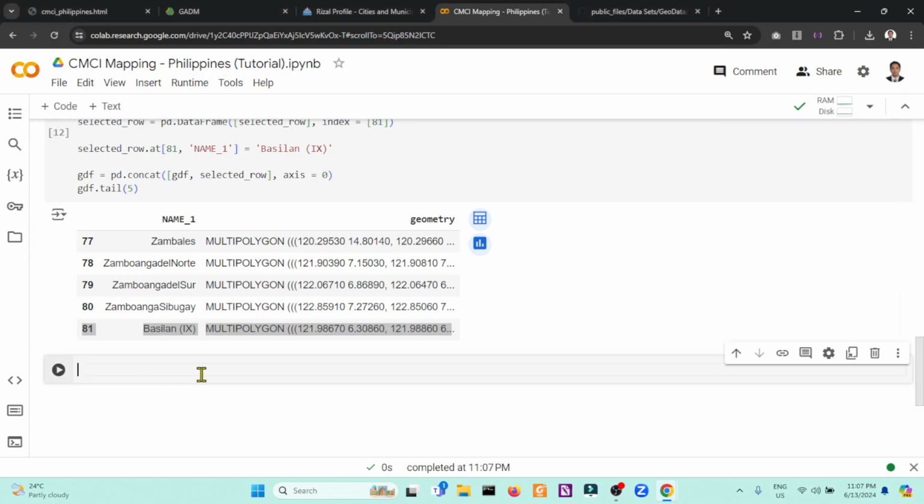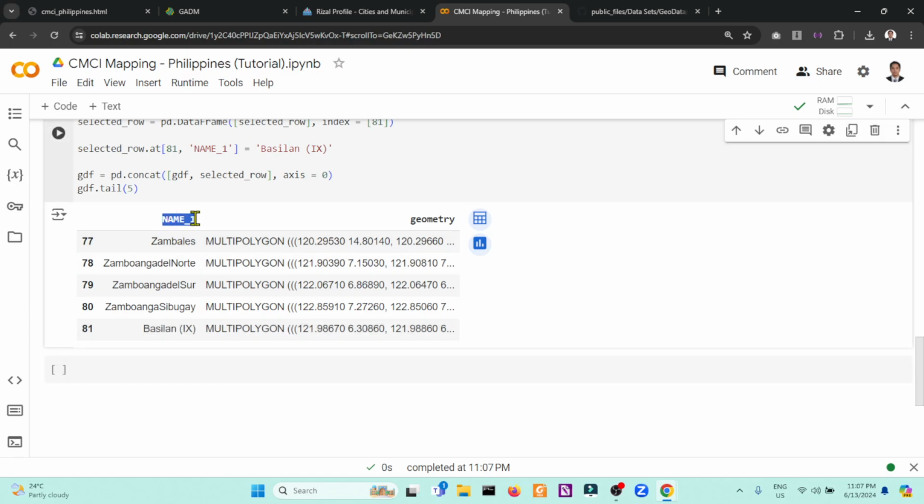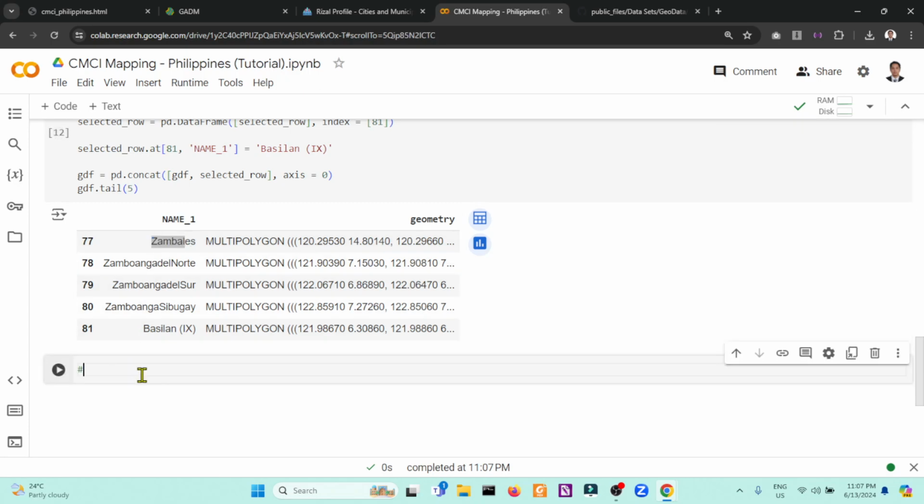So next one, this time I call this the primary key because this is the unique name of the region. We will now integrate the geometry which is present on the GDF data frame to our CMCI overall score, including the region assignment, the population, and the revenue for each region in the Philippines.